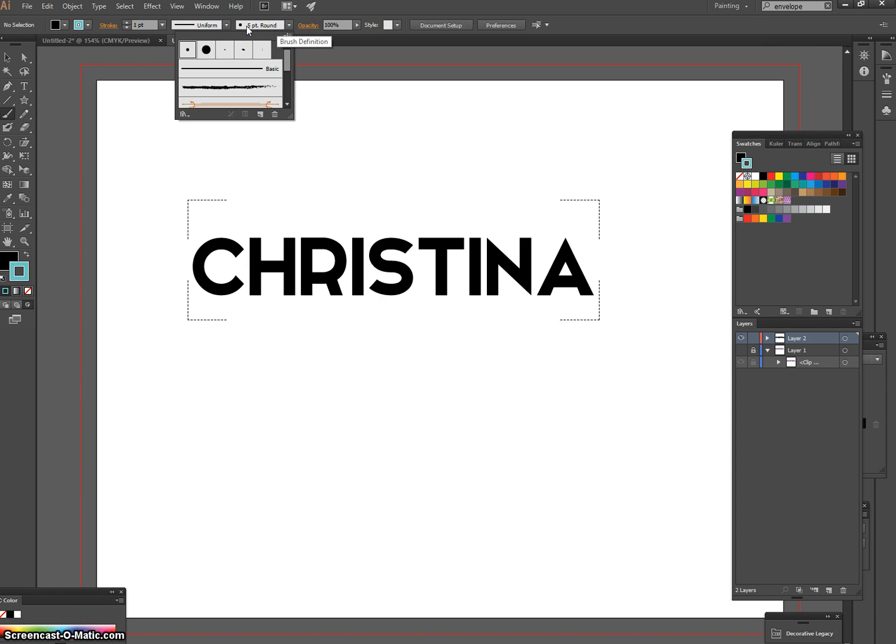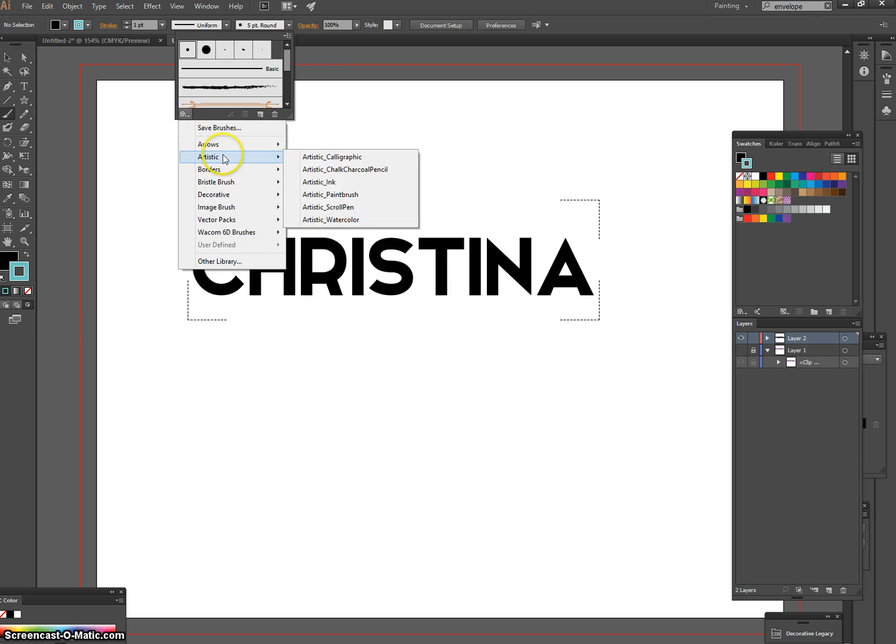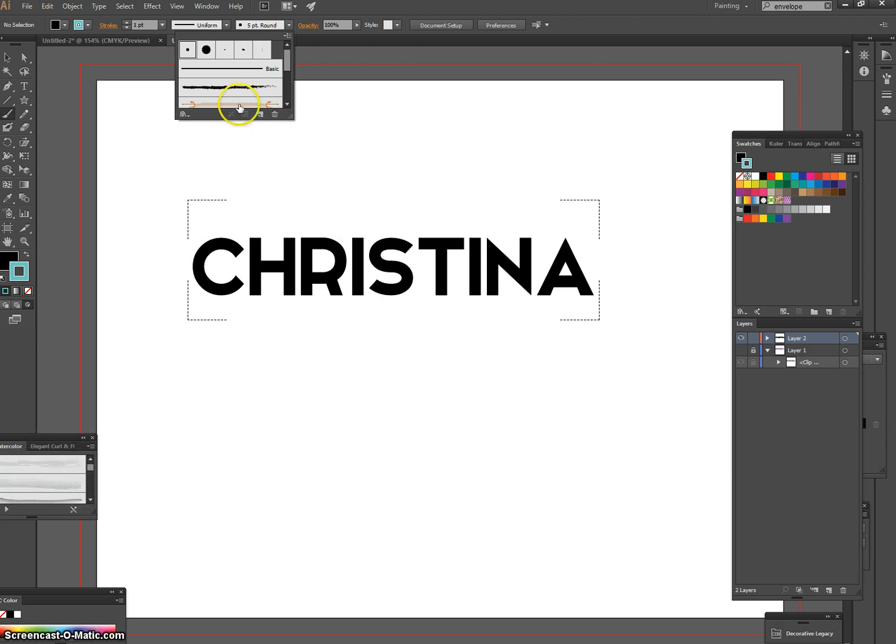It's defaulted to 5-point round, but if I click my library button down here to the bottom left, I can see a bunch of different libraries of brushes. So if you want artistic, these are kind of textures that you would see in more traditional drawing and painting media. We have charcoal, paint brushes, different kinds of watercolor brushes. If I chose that,